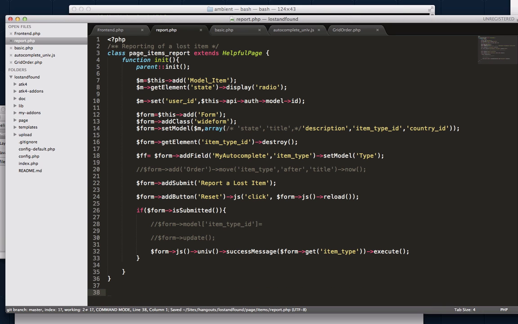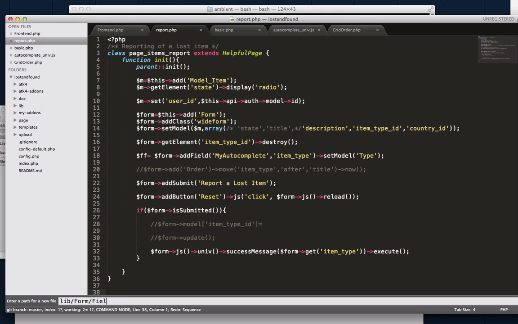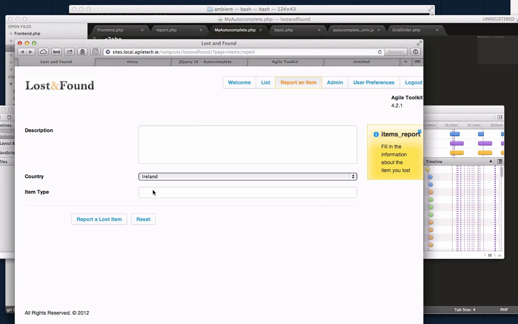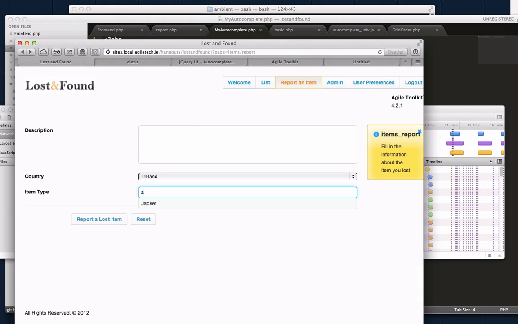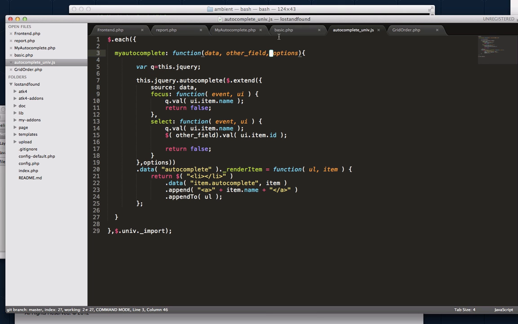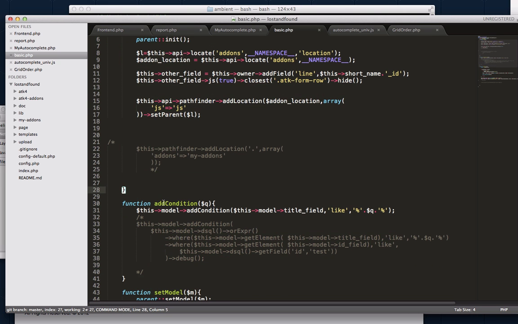I will move it to a different file because I think I need a lib form field. Okay, so it still works fine, but now I can take, let's say, this add condition,